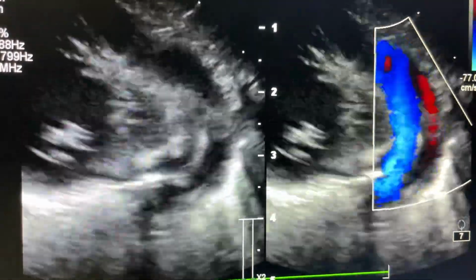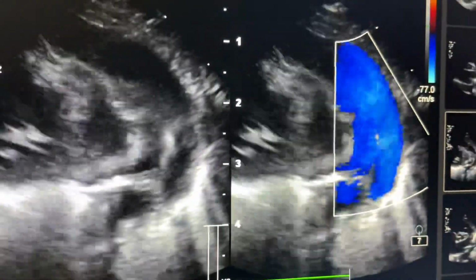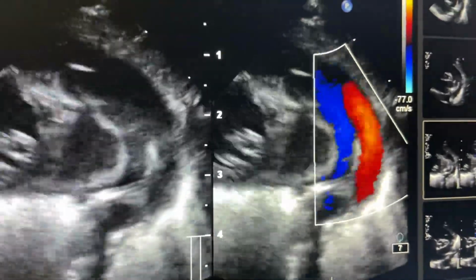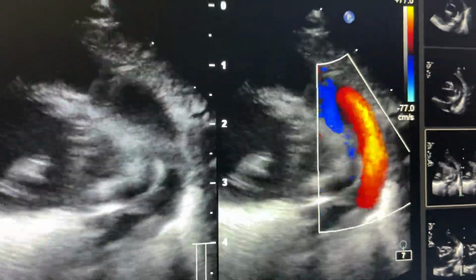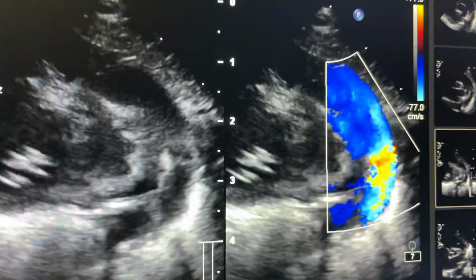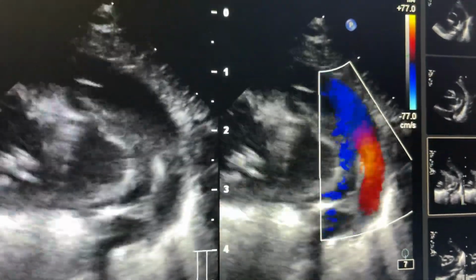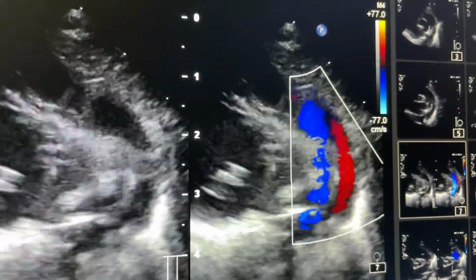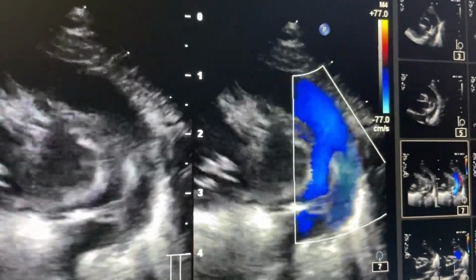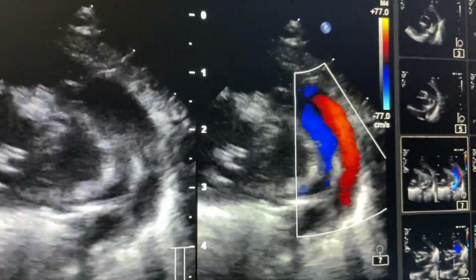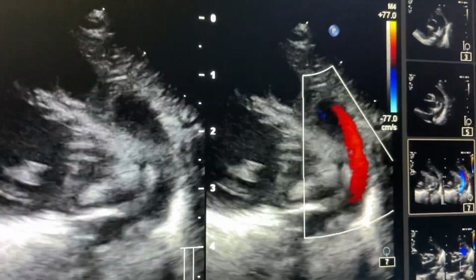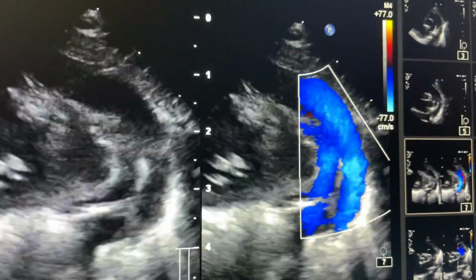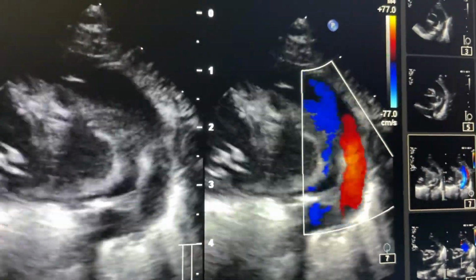Only thing I want to highlight is how to know the location of PDA. When the PDA is very large, anatomy will help you to identify the PDA. When the PDA is very small, even color Doppler can give you the correct diagnosis. When the size is small, turbulence of flow is quite high, and that cannot be missed on color Doppler. But when the PDA is large, flow across it can have less velocity, so it cannot be detected easily